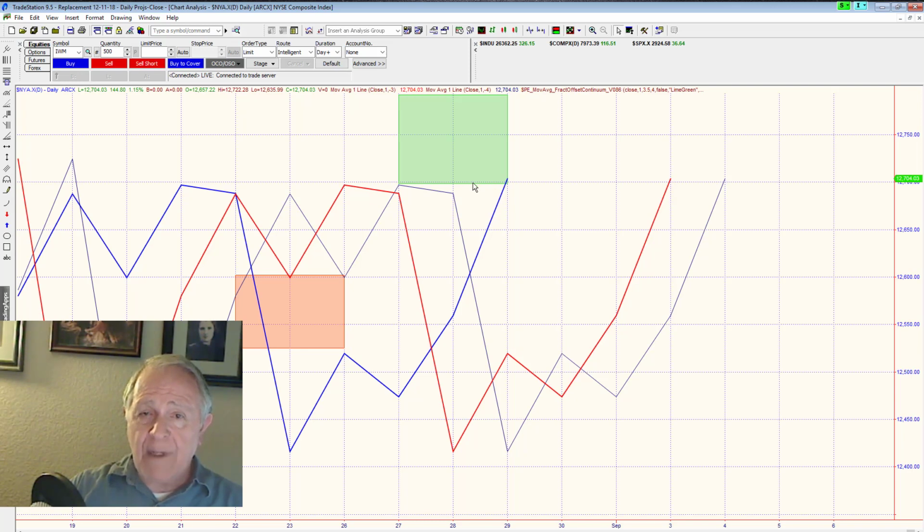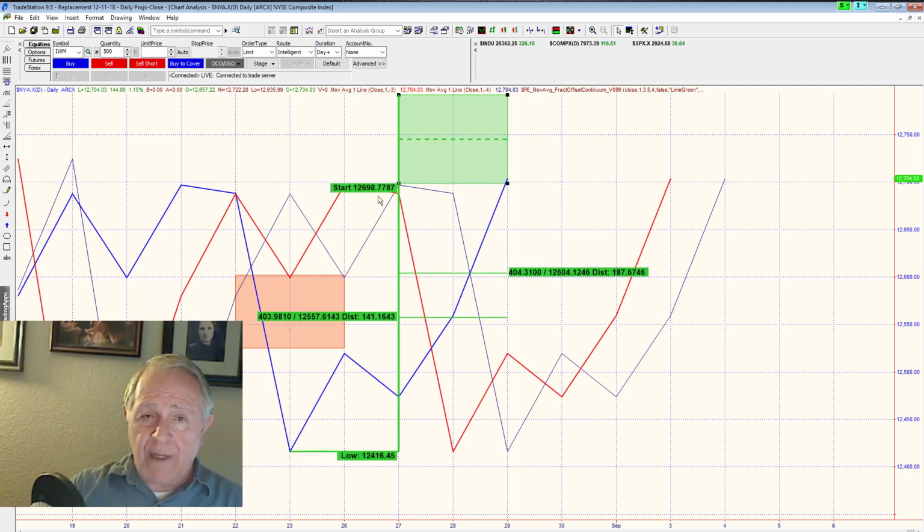What is that upside projection? Well, it ranges from between 12,698.78 to as high as, I'm not going to take you there, because it's too complicated chart-wise to get up to this point here. But as you can see, it's 650, 700, 750, right around 12,800 on the New York Composite Index. But the most important thing is that look where we closed today. We closed inside the projection window.